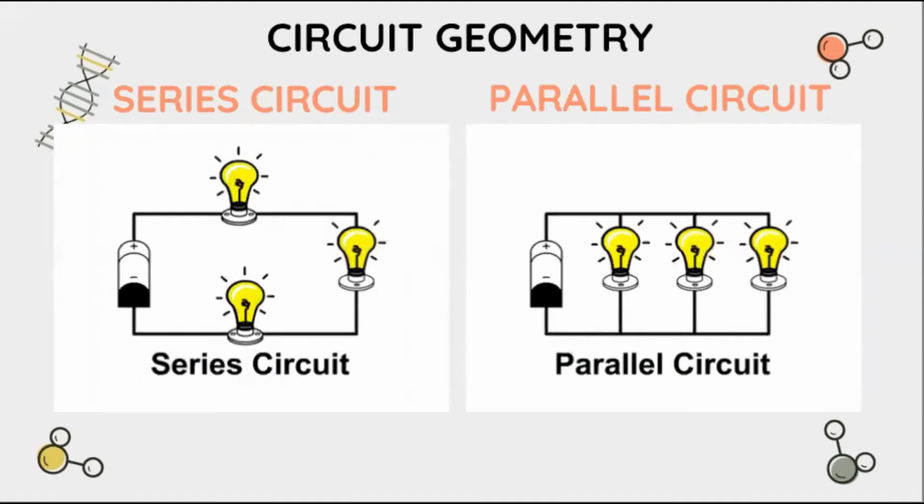What could you see in this illustration or animation? What happens in a series circuit, and what happens in a parallel circuit, if we remove one of our loads, for this example, a light bulb? Let us go first to the series circuit. This is our voltage supply. This is our lamp 1, this is our lamp 2, and this is our lamp 3. If you remove lamp 3 from the connection,